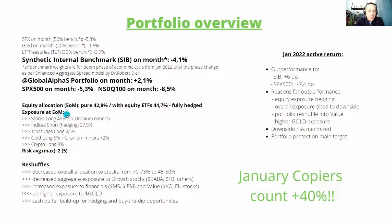Exposure in the portfolio at the end of the month was 49% long stocks, ex the uranium miners exposure through URA, but that's a small one only, so it does not really make much of a difference in the aggregate view on the portfolio. Short indices for hedging was slightly less than 38%. Long treasuries 4.5%. I have basically decreased the exposure in treasuries throughout January on expectations of rising long-term yields. So I wanted to be less exposed to the long-term